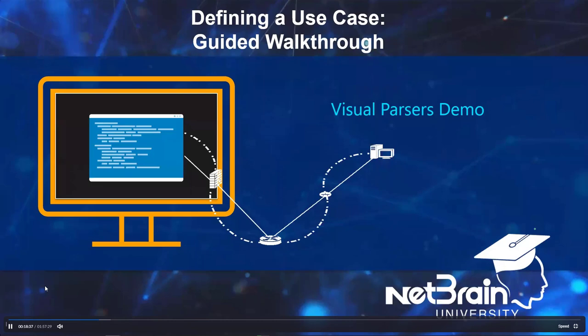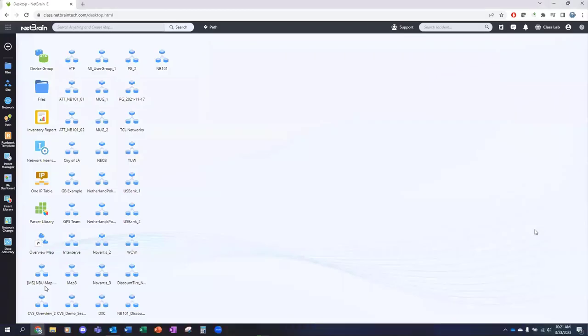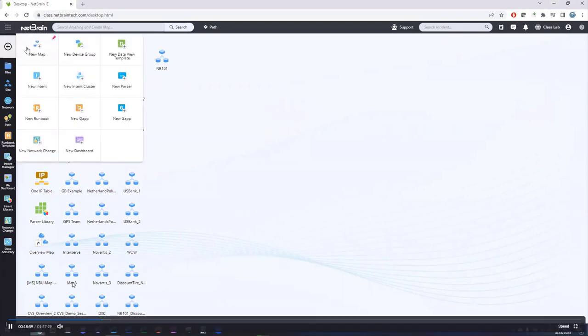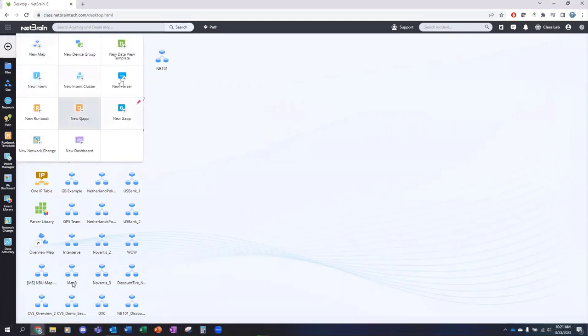Let's go ahead and learn how to build a parser file. All right. So in this example today, I'm going to be making 3 different parser files, and I'm actually going to be using these parser files when we do NetBrain 202 next week. So new parser, although actually,